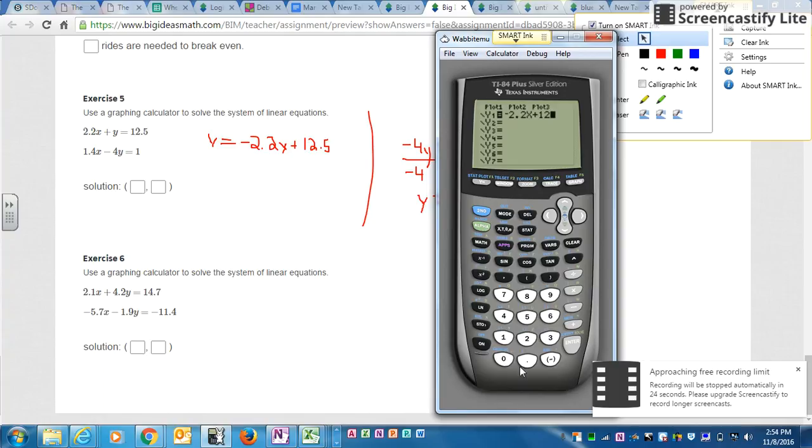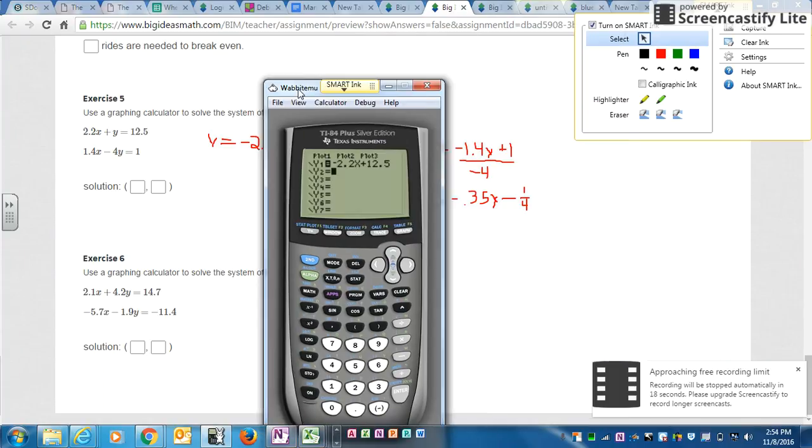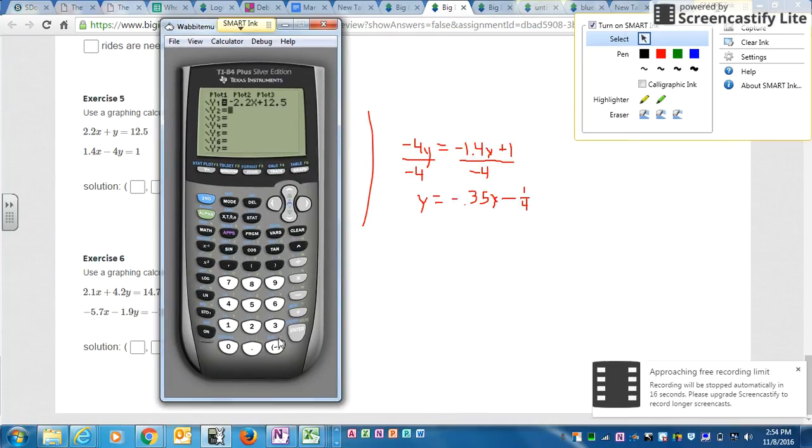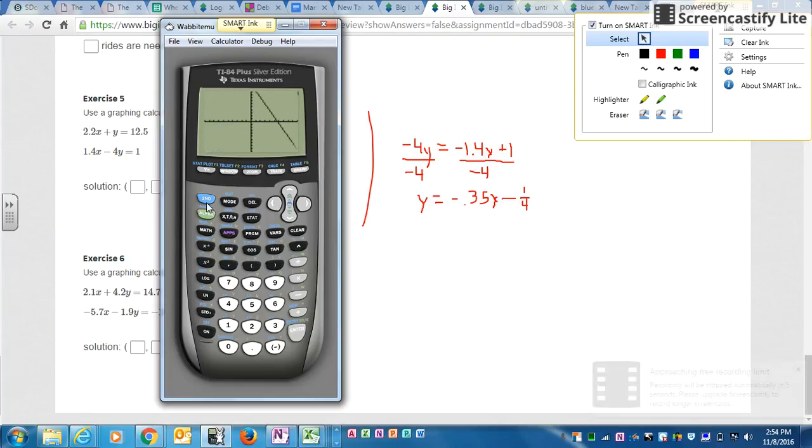Oh, I gotta go quickly, I have like 5 seconds left. And then I'm gonna put in this other equation, negative 3.5x. I'm under the gun now, so I'm going fast. Negative 0.35x minus 0.25, graph. And then as soon as they're done graphing, I'm going to hit second